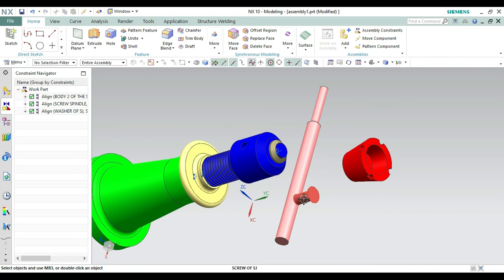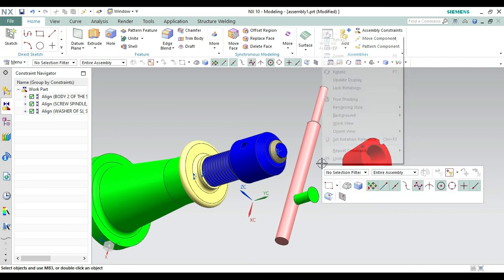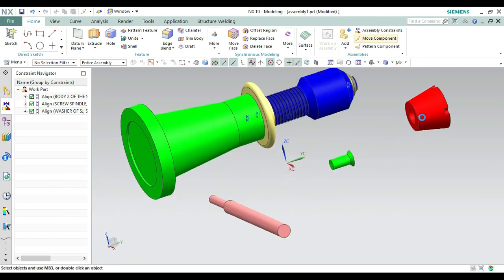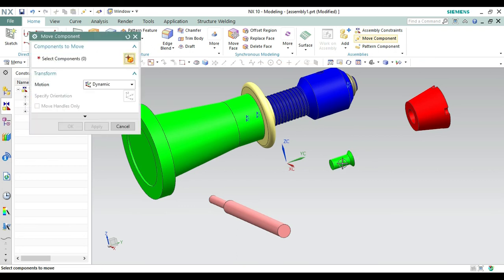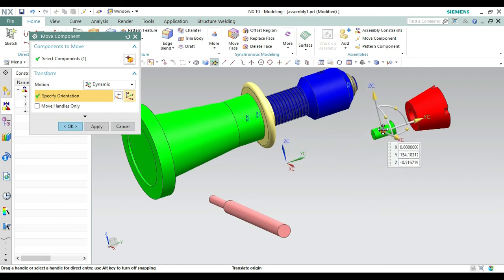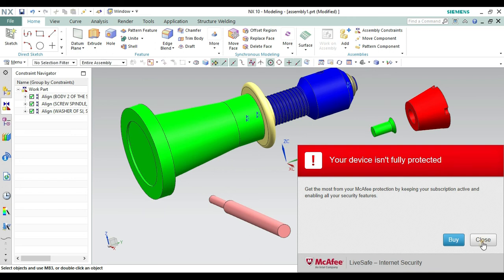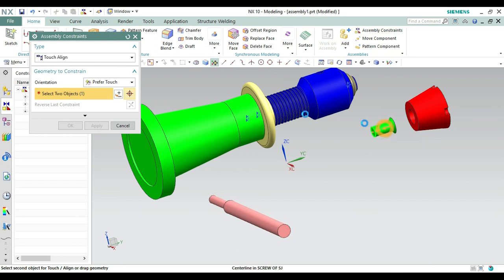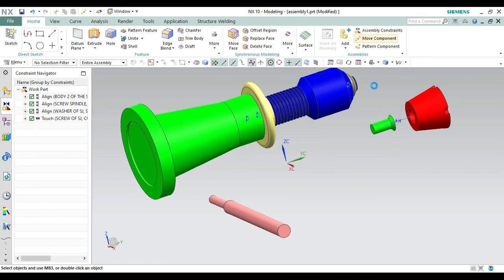Now what you have to do is join this and this one. Let's rotate it from here like this one. Now, first join this and this. So again go to this one, take that orientation from here to this one. Okay, fine, like this one. Now make that okay. Let's close this. Now what you have to do is assemble this and this. Let's take the center line of this and make that from here. You can get the touch, so you will get the touch. We are using that profile, so no problem. Let's make that so it will be the same as that. From here go to move.